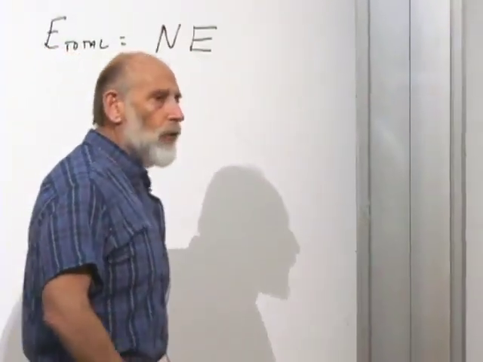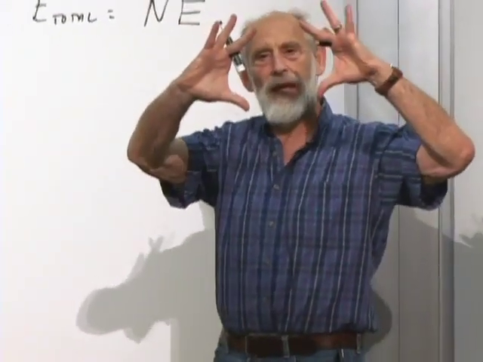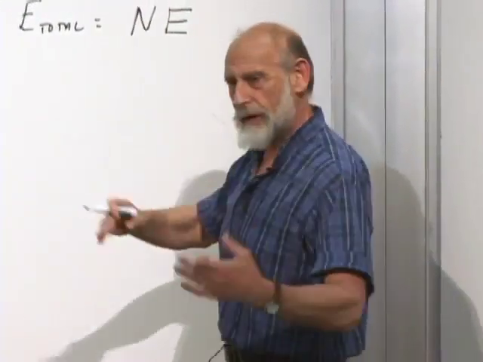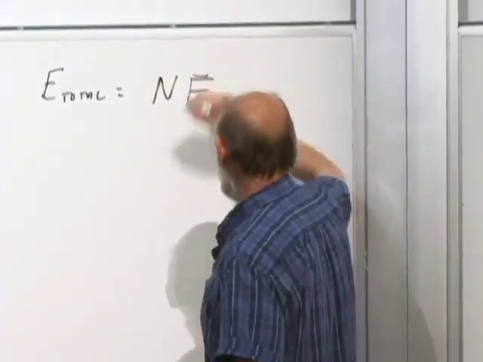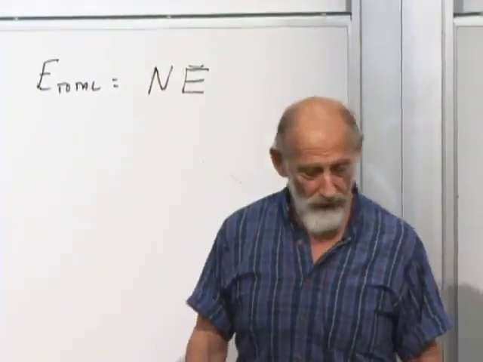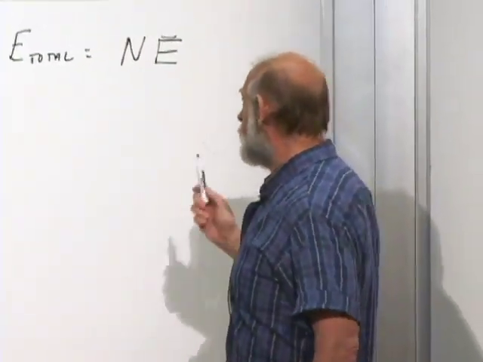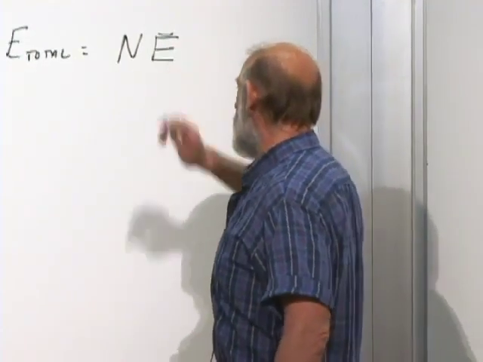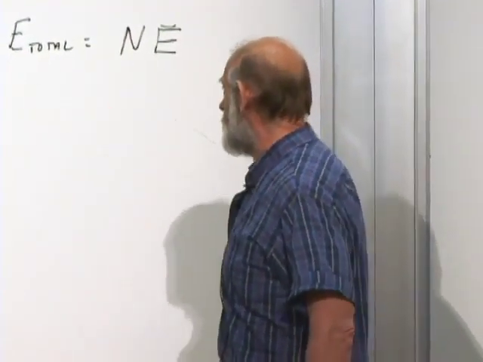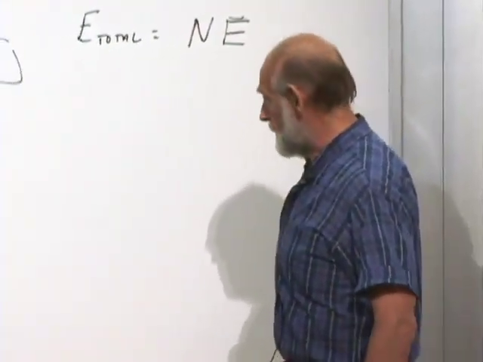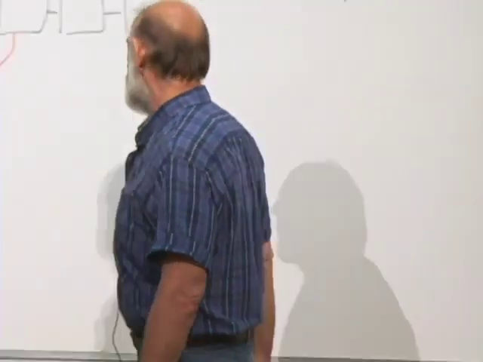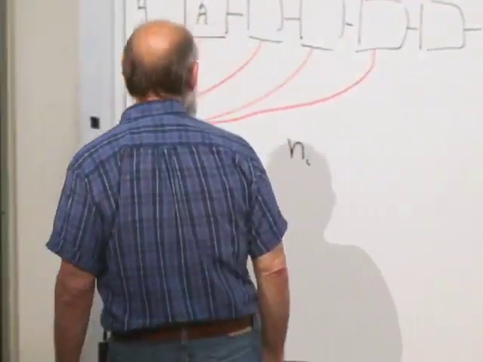I'm not going to always indicate that I mean averages. I've gotten tired of using this symbol like that. It takes too much space. I will sometimes use the over bar, and sometimes I'll just ignore it. Please ask me if you're confused about whether I'm talking about averages or not. But since the total energy is fixed, it must be N times the average energy in any given box. So this is one fact. What other facts do we have?